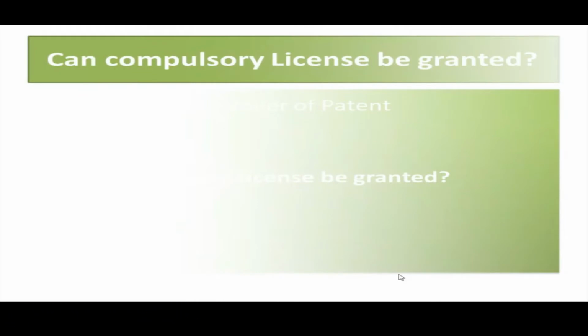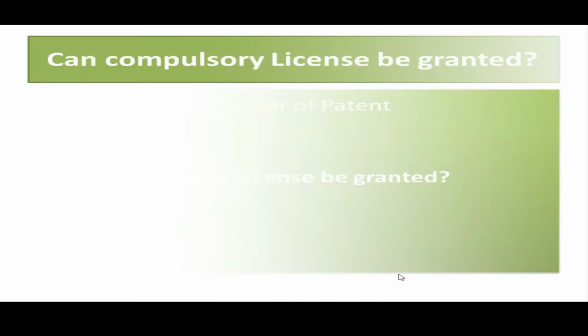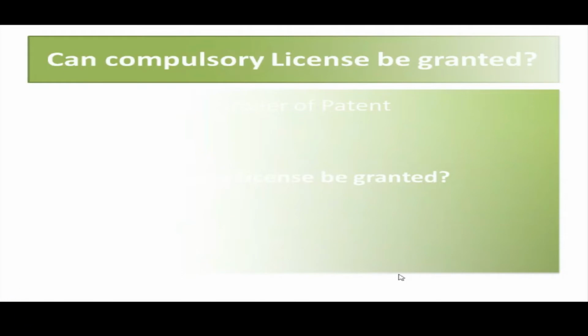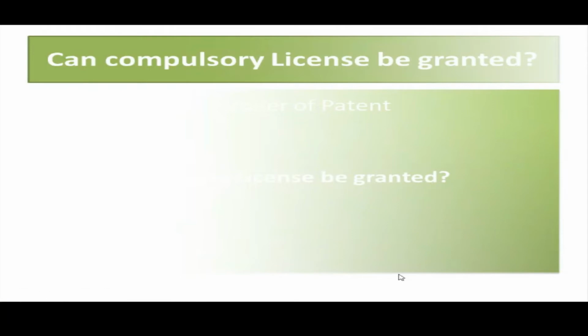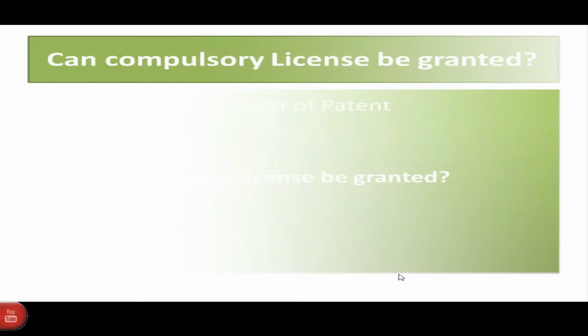In order to grant a compulsory license, there are certain conditions to be fulfilled as per patent law. The first condition is whether the reasonable requirement of the public with respect to the patented invention has been satisfied. Here, in respect of the Nexavar drug of Bayer, if it is already satisfied by Bayer, then no compulsory license will be granted. Otherwise, there is a possibility of granting a compulsory license.